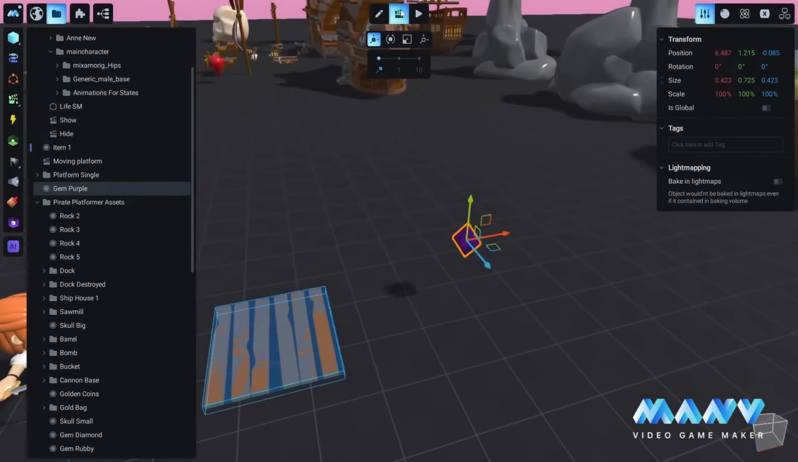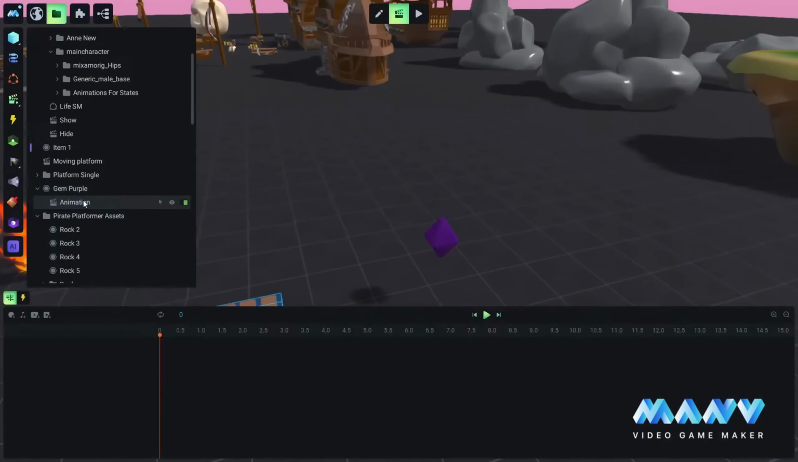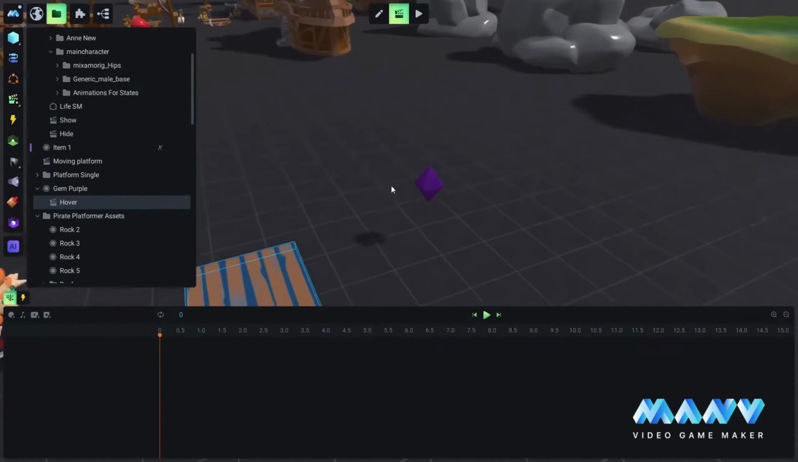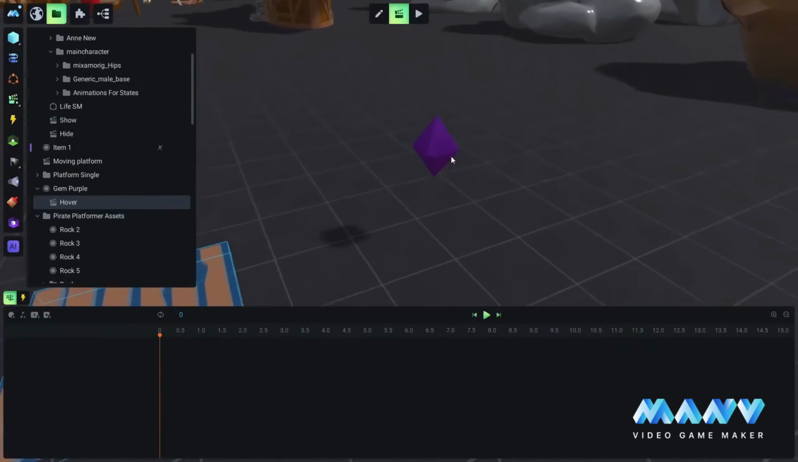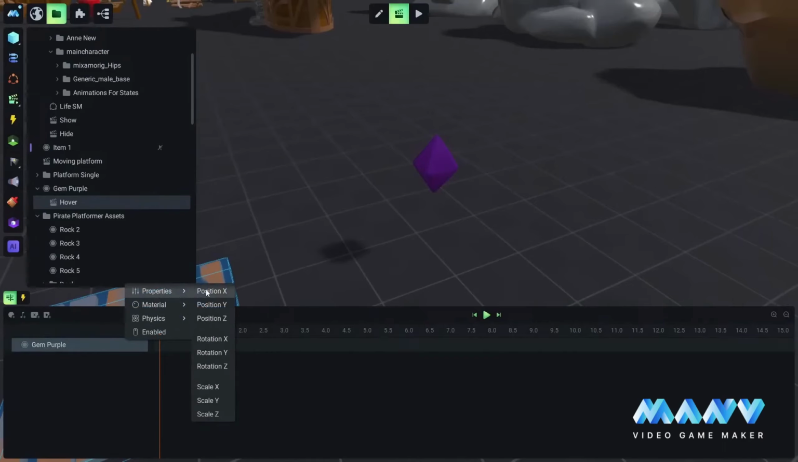Okay, let's create an animation in animation mode like we did before, and again right click, create animation. And let's call this animation hover. We are first going to create a hover animation for this crystal. And exactly like we did before, we add this crystal to the timeline. In this case, we want our crystal to go up and down, so we add the position Y